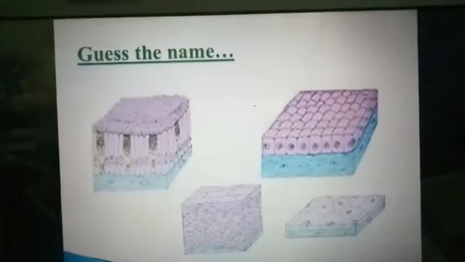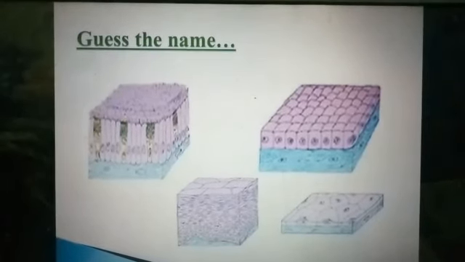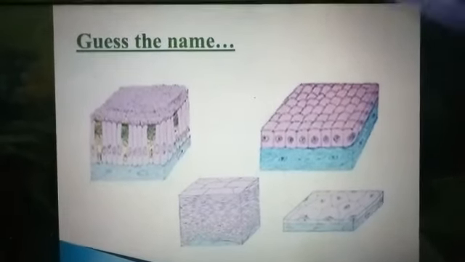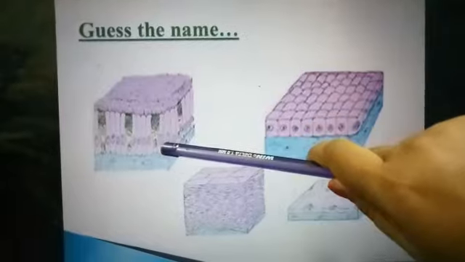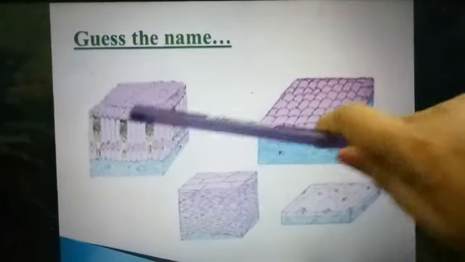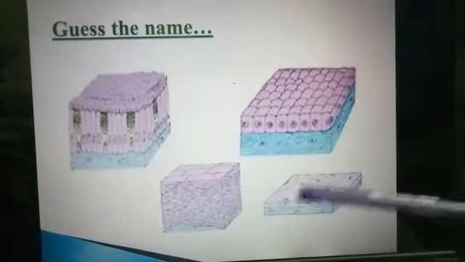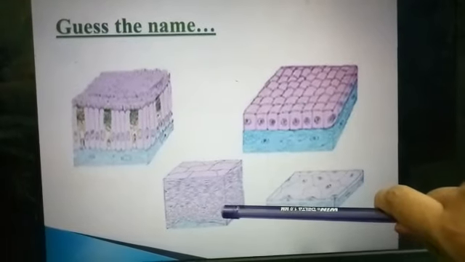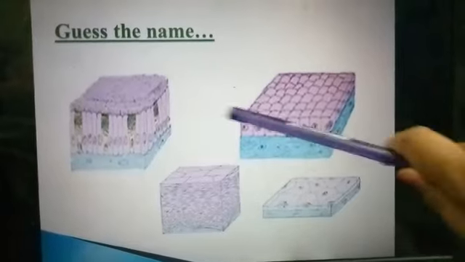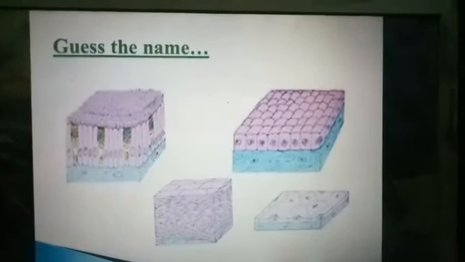And now here we have a recap of all the sections which we have read today. These are the 4 diagrams. One is missing, that one is glandular. Just look here. These are column-like. So what type of epithelium is it? Columnar epithelium. Understood? Easy. This one is single, simple, flat cells, so it is squamous epithelium. Many layers, so stratified squamous epithelium. Cube-like, so cuboidal epithelium. I think all these concepts along with glandular are now clear to you.